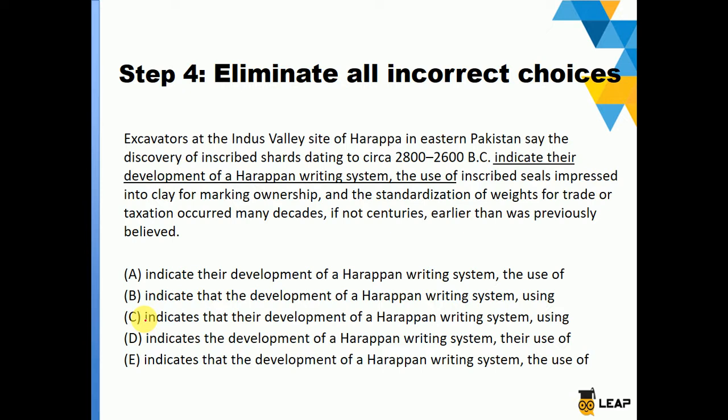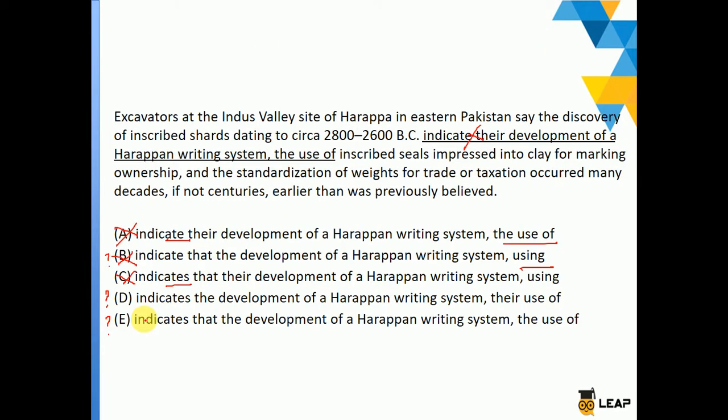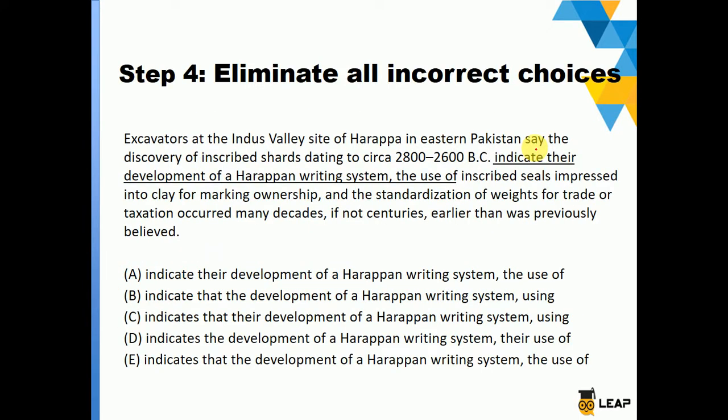Now, some of our elimination has already happened, right? So, how do we further accentuate and enhance the elimination strategy? Well, just read it again. The starting point that we had in the third step was all about finding a place where you can find an issue. We already found our issue with there. We found our issue with indicate. Now let's start the process again. Where else do you think an issue lies? Let's look at it again. Excavators at the Indus Valley site of Harappa say that the discovery of inscribed shards dating to circa so and so indicates